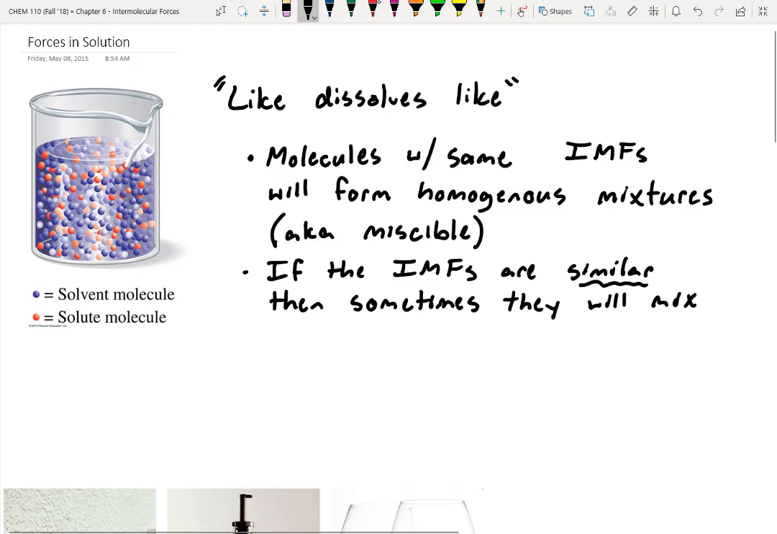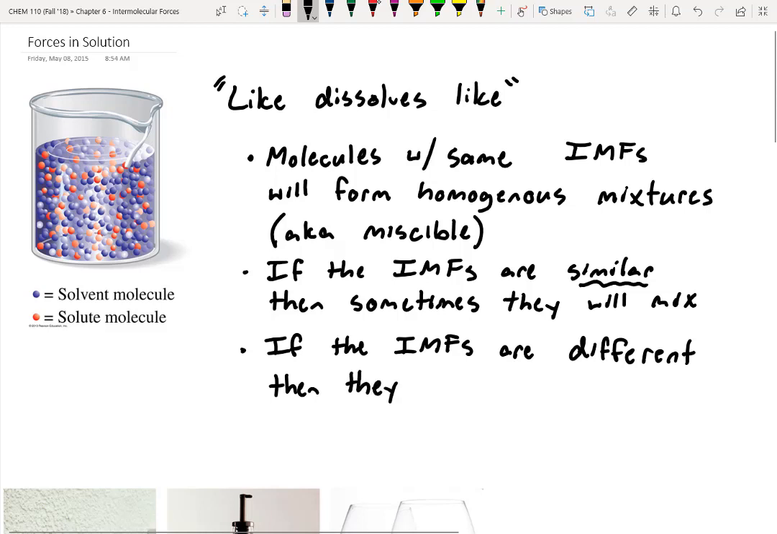All right. Last but not least is if the IMFs are really different, then they won't mix. And if you have two liquids, typically what will happen is you get a layer separation, kind of like with oil and vinegar, right? So oil in this case has a very different intermolecular force than vinegar. So let's take a look at some of these